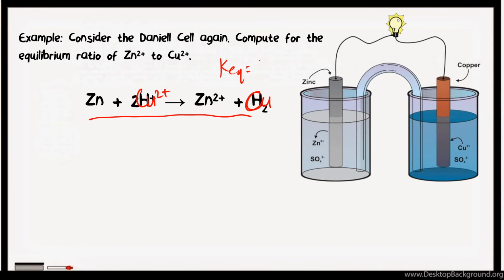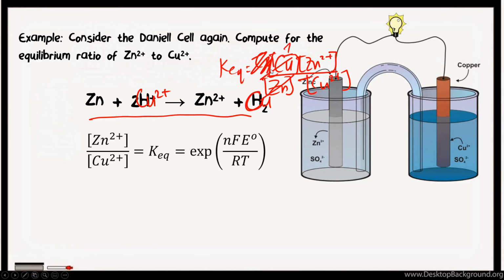So this will become Cu, zinc 2 plus over zinc, and Cu2 plus, products over reactants. Pag meron tayong solids or condensed phases, that's just equal to 1. So your KEQ will be equal to zinc 2 plus over copper 2 plus, and equal yan sa exponential of